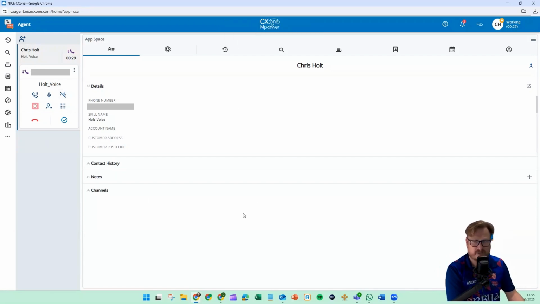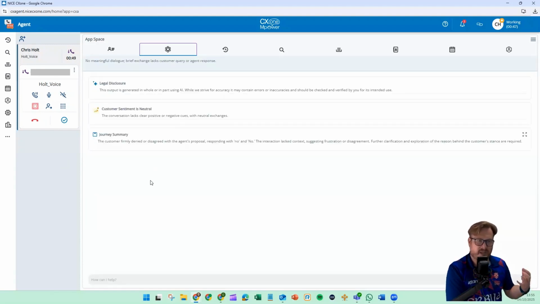This is not a full customer card, and there'll be an update on the channel soon because Nice are completely revolutionizing the customer card over the next couple of releases. So it's going to look a lot better. So everything that I need to do as an agent is still here. But the benefit of moving to CX1 Agent is it opens up things such as Copilot to us. Now, I am having a completely pointless conversation with myself on the speakerphone, so we're not going to get any cues in terms of knowledge unless I mix it up a little bit.